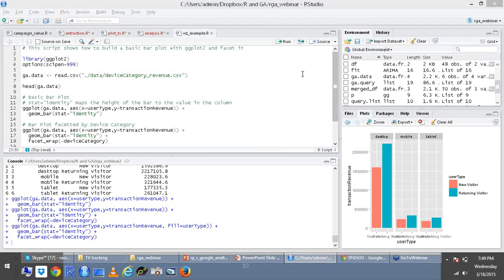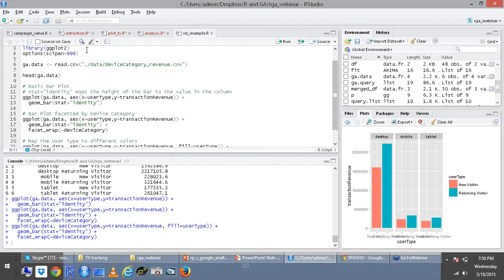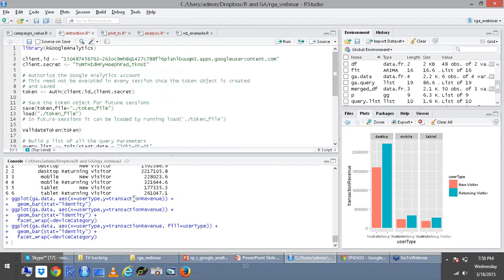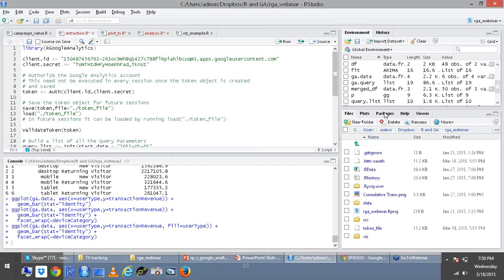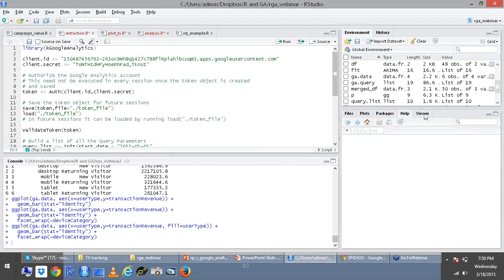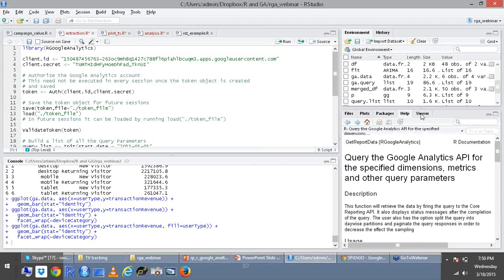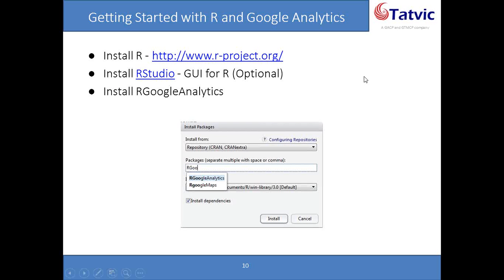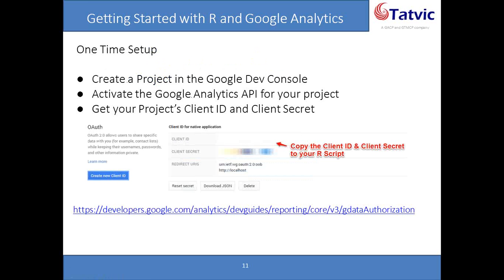Just for the sake of understanding, this is R Studio. What you see on your screen is R Studio. It has 4 different components. The first component is the source code, where you actually write code. The second component is the response console. The third component is environment variables, data sets and history. The fourth component is the visual output: plots, files, packages, help, all those things which are available here.